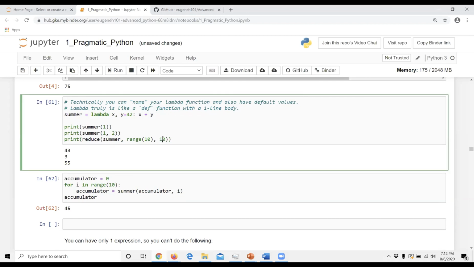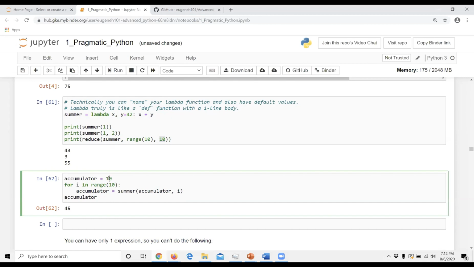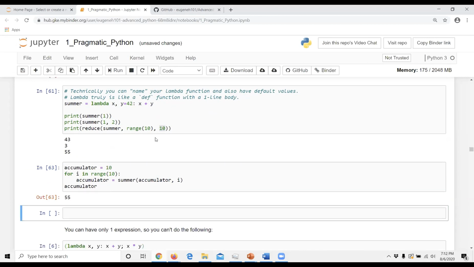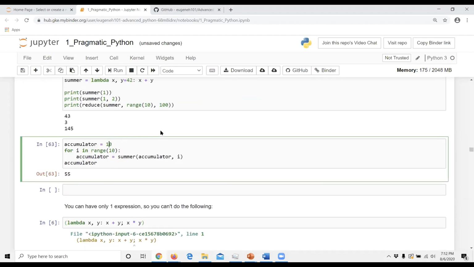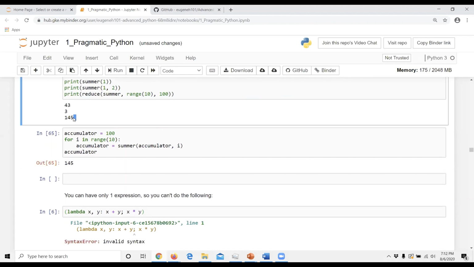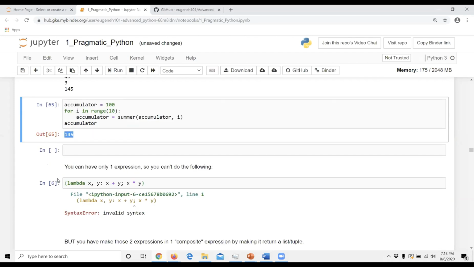Basically, this extra argument here initializes the accumulator to whatever it would be. So that is an optional third argument for reduce. So if you said 100 here, that would be equivalent in the for loop to 100 here. So you get 145 and 145 here. So you can also initialize the reduce as well.